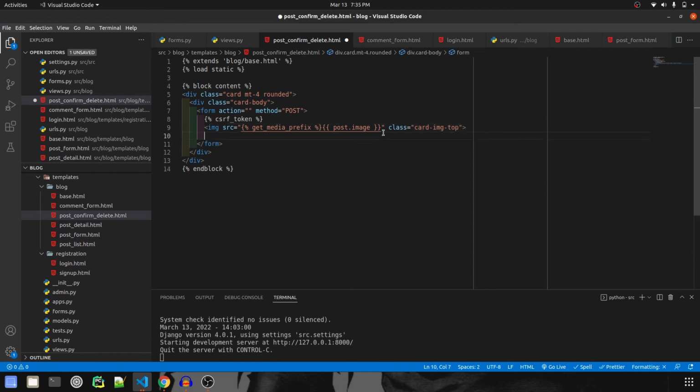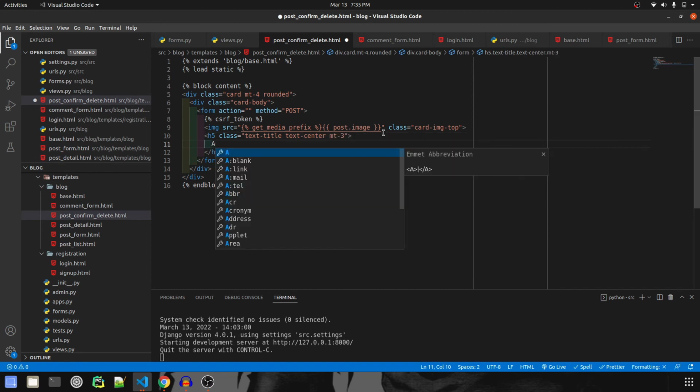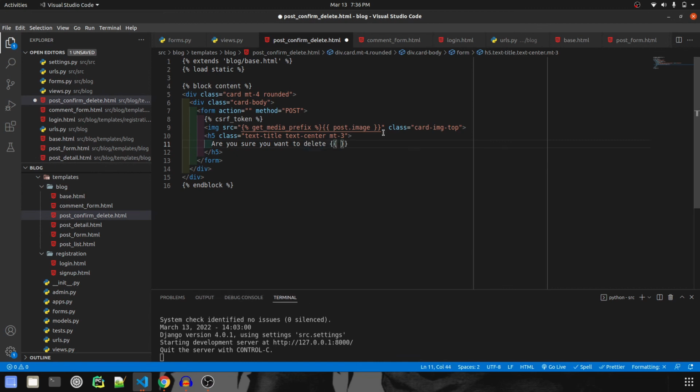I'll close this, and then we'll have an h5. This will also have some classes called text-title, and then text-center, and then my-3, and we'll put a text of "Are you sure you want to delete," and we'll show the name of that post. Okay, so post,